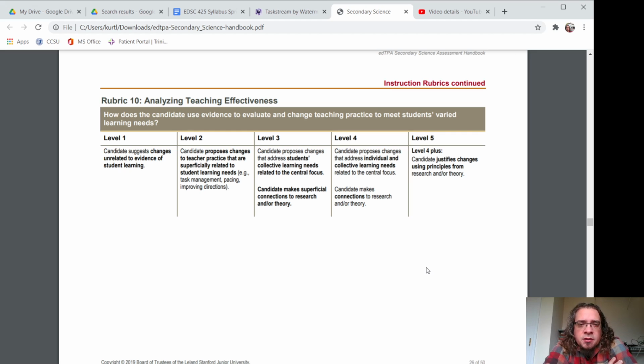A candidate proposes changes that address students' collective learning needs related to the central focus. Candidate makes superficial connections to research and theory. Let me deal with that research and theory thing first. You've seen that before, going from just quick snippets of connections. Look, if you make no connections, you're in level 2. So you do need to make some connections at least, right? So 3 becomes 4, which is basically deeper connections, just a better,